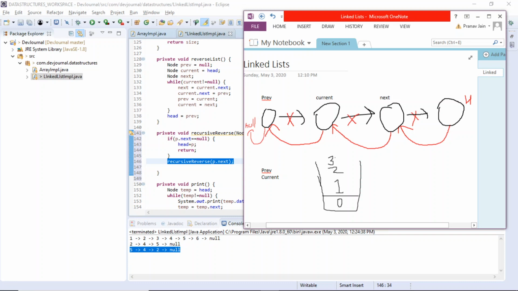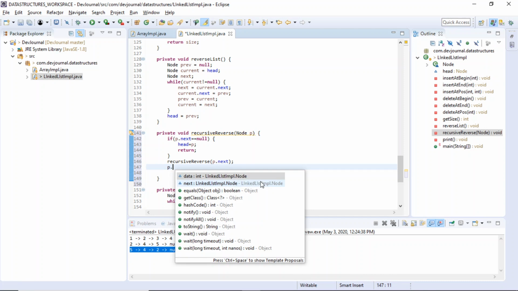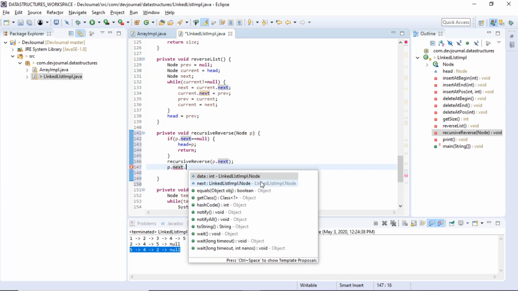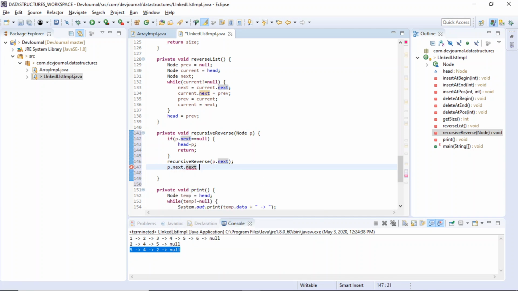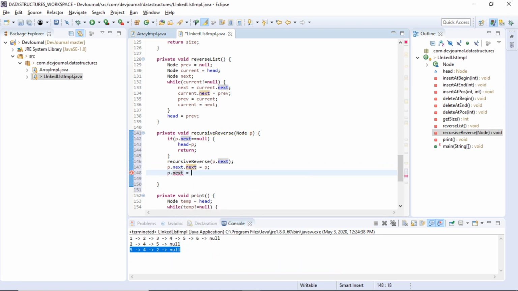So right now we have all these elements in the stack filled, right? So what we are going to do is, after traversing ahead, we are going to traverse back by simply popping the elements from the stack. What we'll do, p dot next dot next equals to p, and we'll simply say p dot next equals to null.